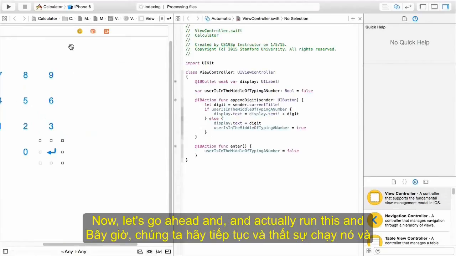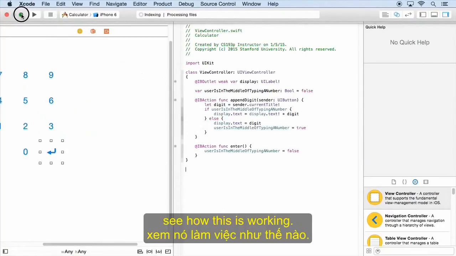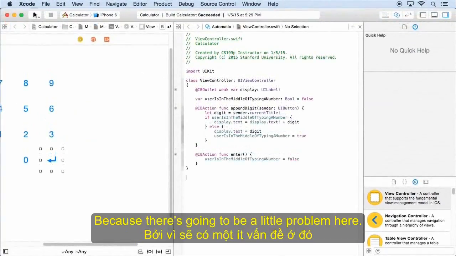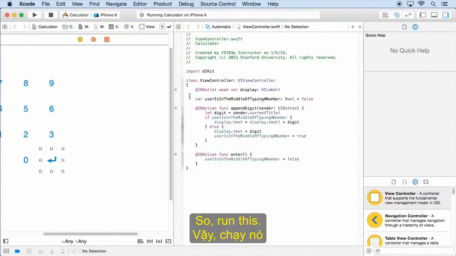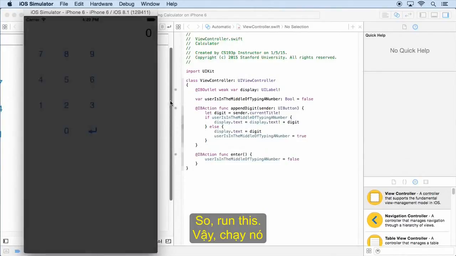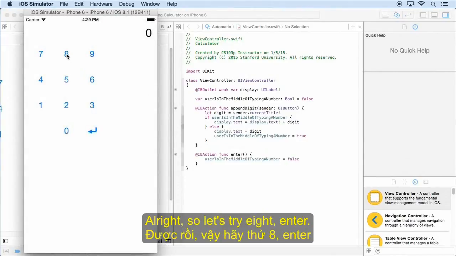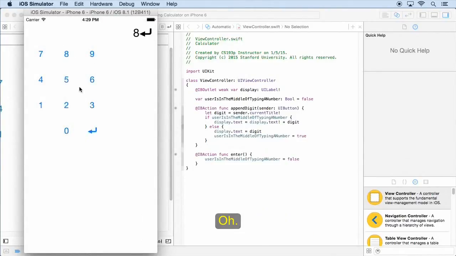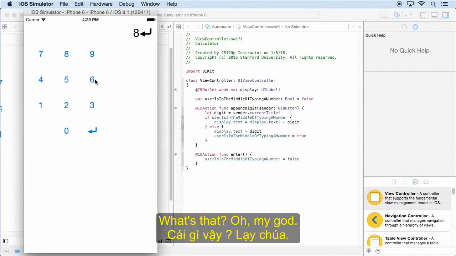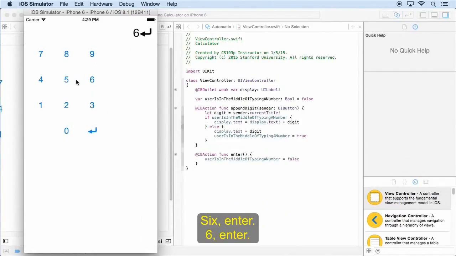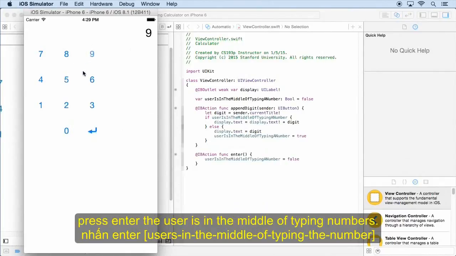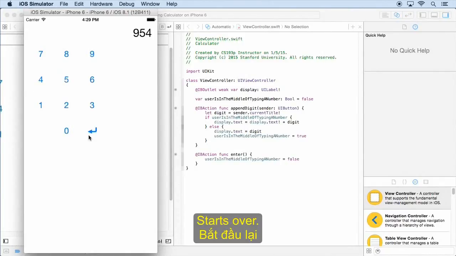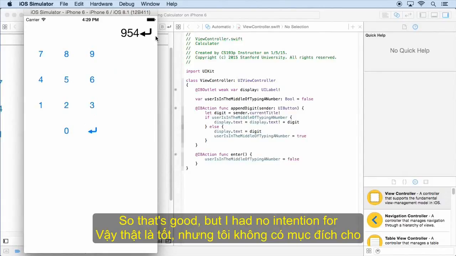Now, let's go ahead and actually run this and see how this is working, because there's going to be a little problem here. I'm just going to run this. All right, so let's try 8, enter. Oh, what's that? 6, enter. Well, it's kind of working because after we press enter, the user is in the middle of typing a number, starts over, so that's good. But I had no intention